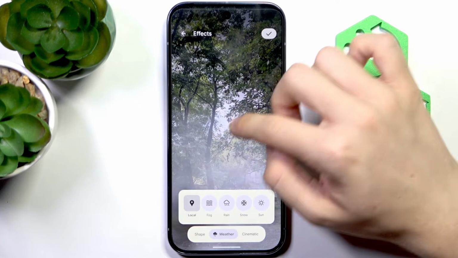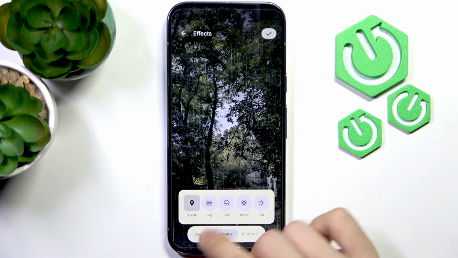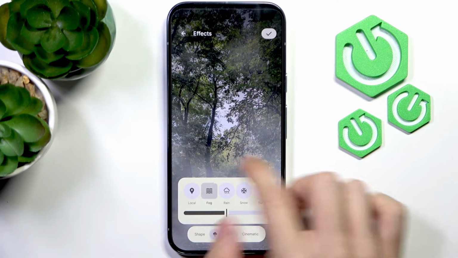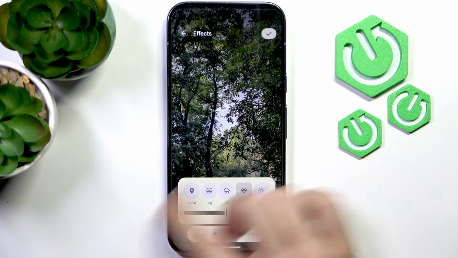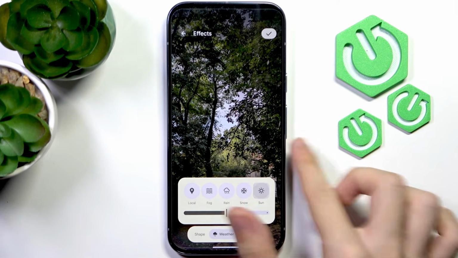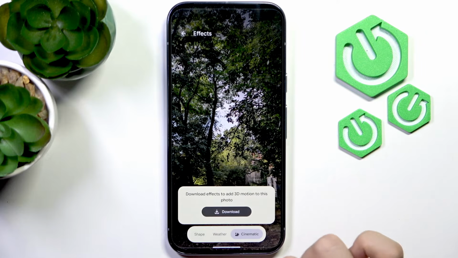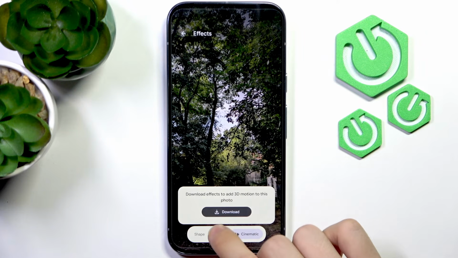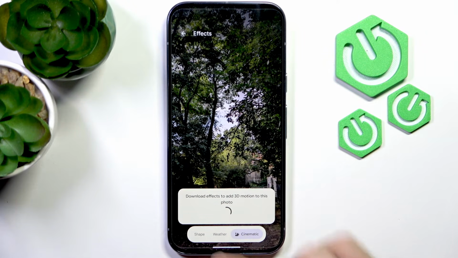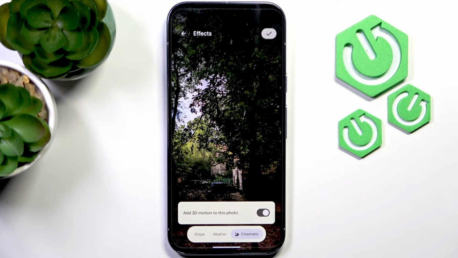But you can find weather effects, so it's gonna display your current weather, and yeah, you can see how it's gonna look in different weather conditions. You can also add a cinematic effect with motion to add 3D motion to your photo. And to do it, simply download the effects, and I'm gonna get back to you when it's downloaded. Okay, now the effect is added,